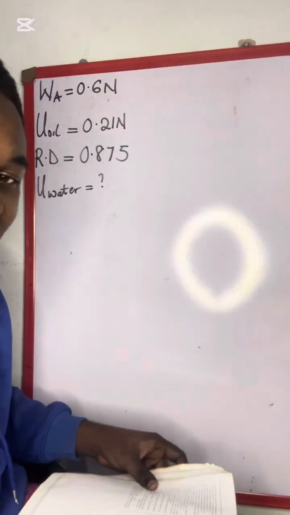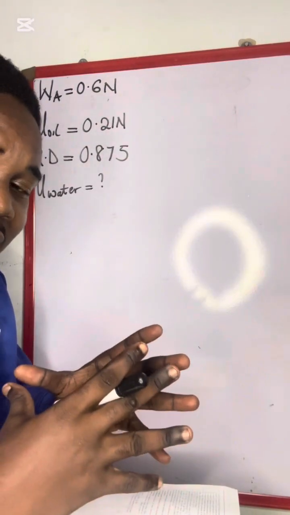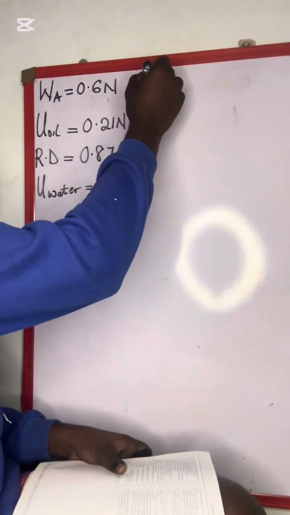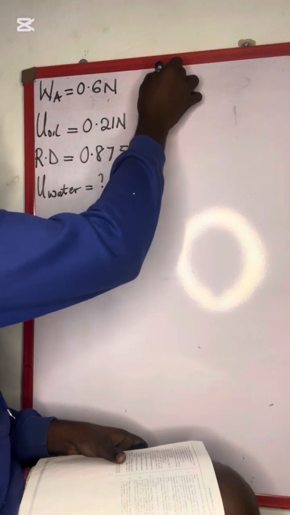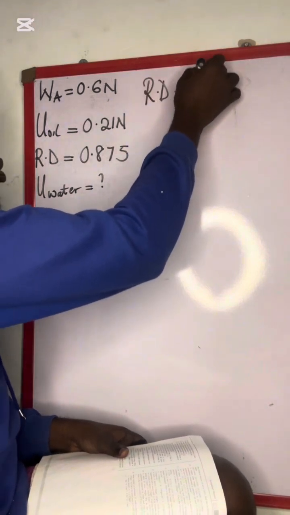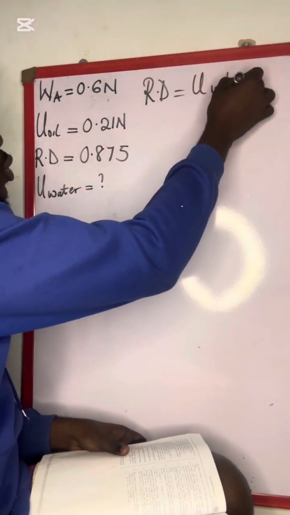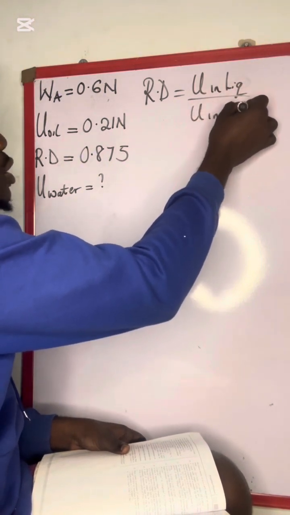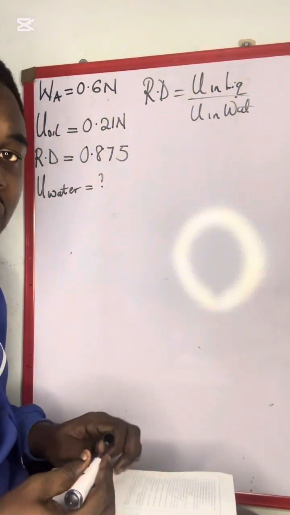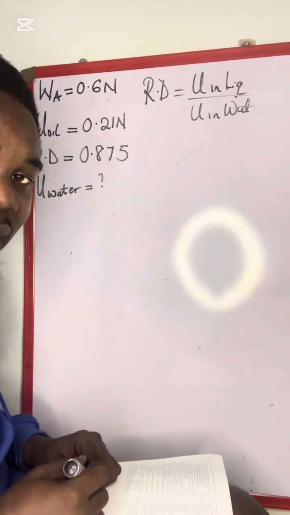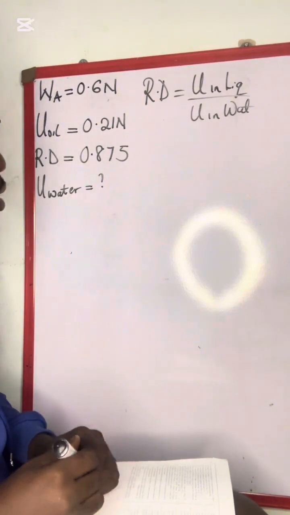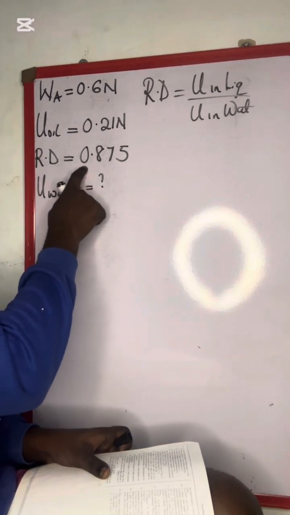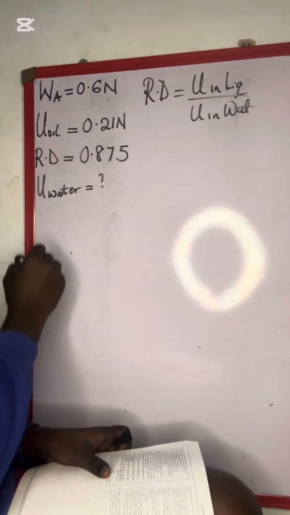Remember, we said we could relate relative density to upthrust, which we said relative density of that liquid becomes upthrust in liquid divided by upthrust in water. Hence, the relative density in this question is 0.875. Therefore,